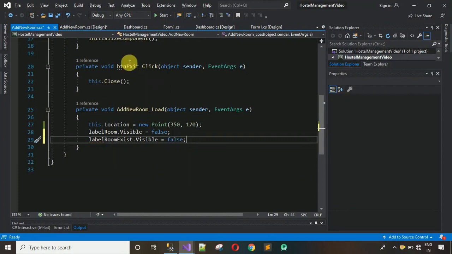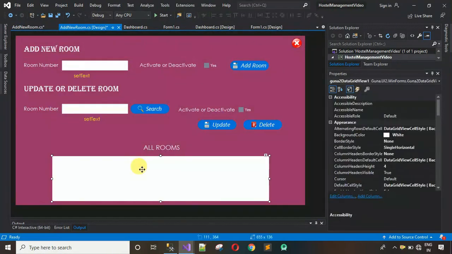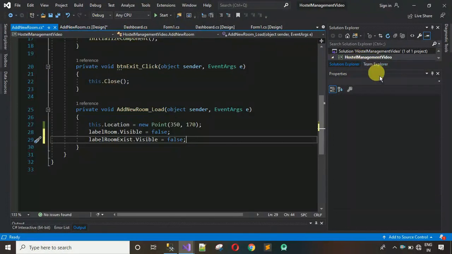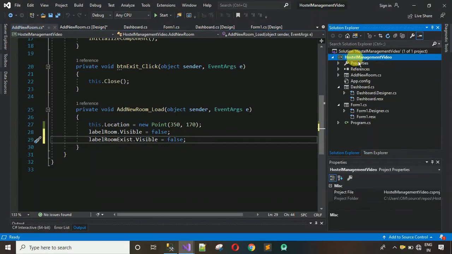After this, what we have to do is we have to actually fetch the data from that database and we have to set the data into this data grid view. For that, what we have to do is we have to first create a class. So let me minimize this one a little bit. And after that, we have to just right click on this,